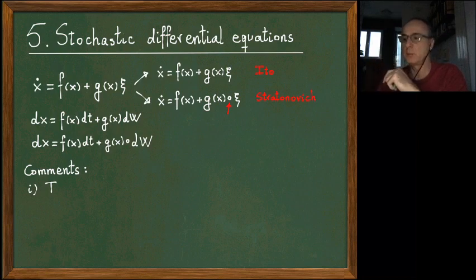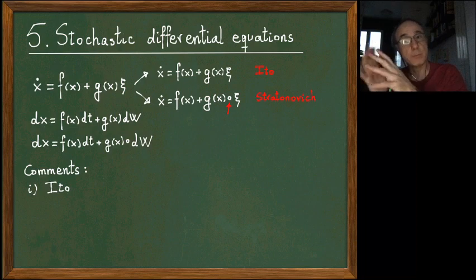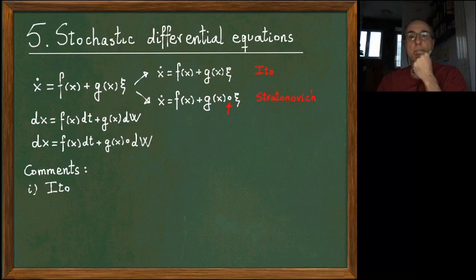So let me first explain some features of the Ito and the Stratonovich interpretation, and why these features are really what tell you which one you should use. But you can use the two in the same problem; we will see in a moment an example of that, keeping always the coherence, let's say.